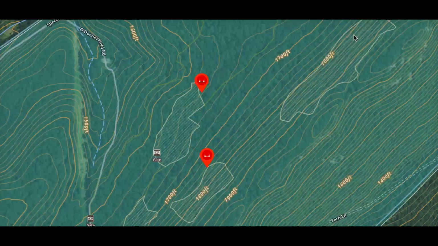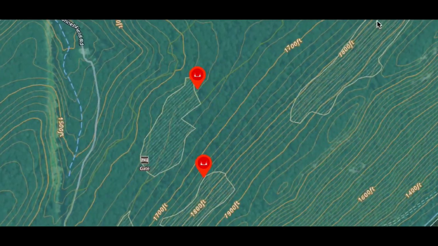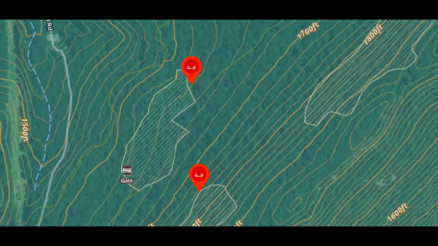In the last video in the digital scouting series, we talked about how to read a topographic map, how hunters can use it to read terrain, and how to figure out how to navigate in the woods or wherever you're hunting. So all those things are important, but now in this video we're going to talk about how to actually